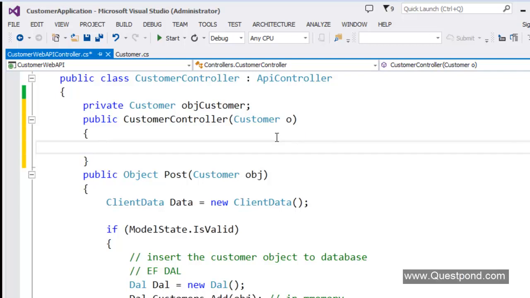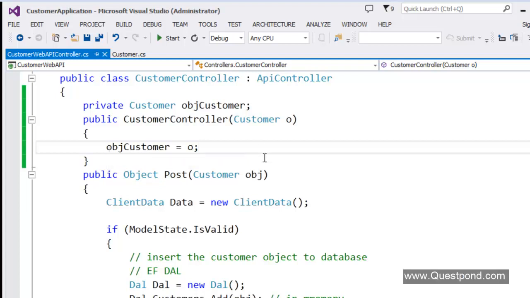So you can see now what I've done is I have created a constructor of the customer controller class, and over here I am passing this abstract class. So this constructor says, okay, pass me the customer class, but I will not decide which customer discounted class object has to be created.